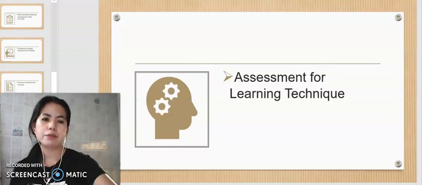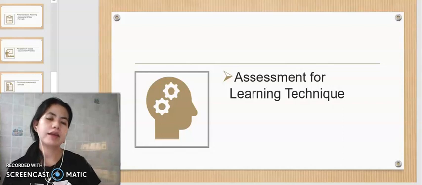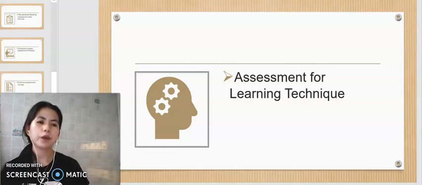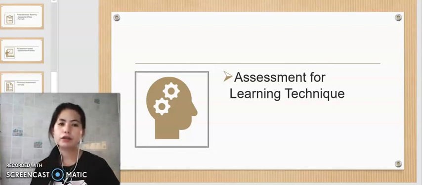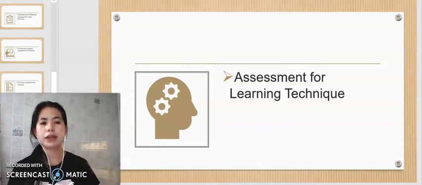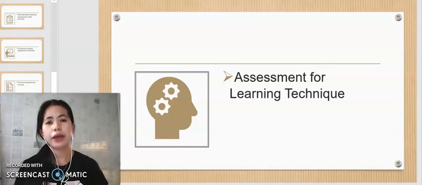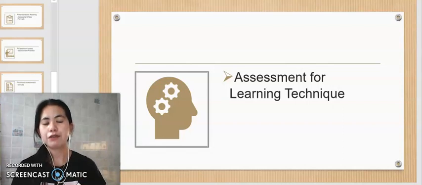For the assessment for learning techniques, here are the guidelines that the teacher will use with the students during the activity. Teachers wait 3 to 5 seconds after asking a question without answering the question when students are silent, or without switching to a strong student for the answer.